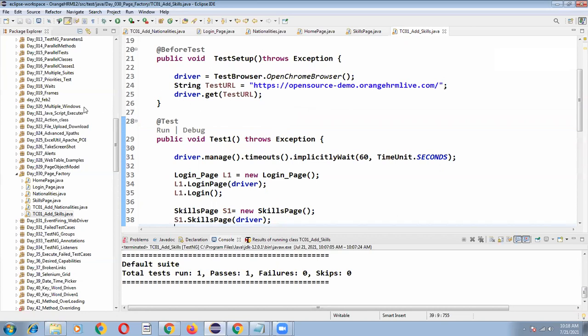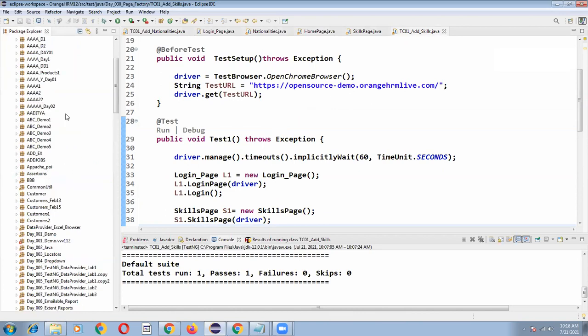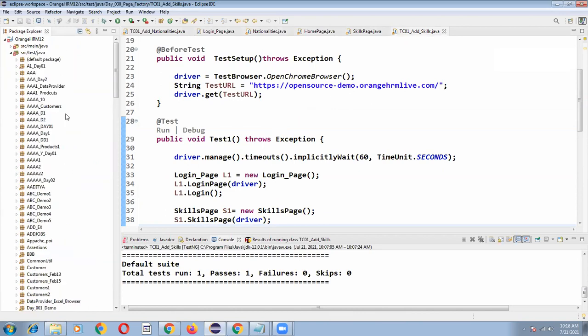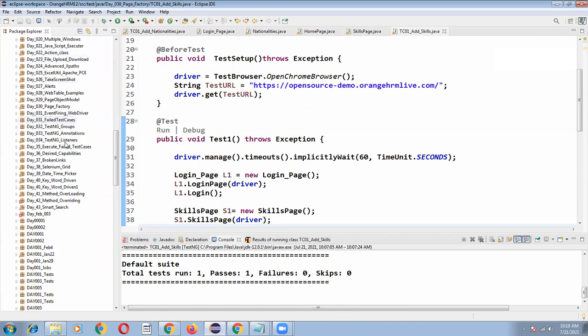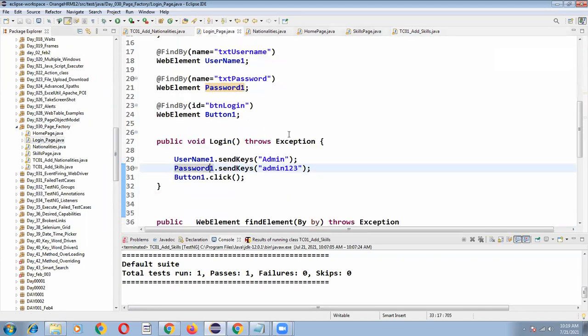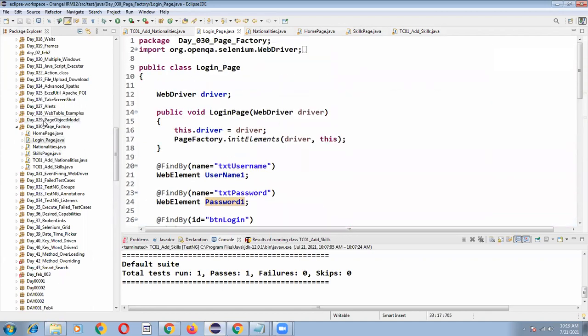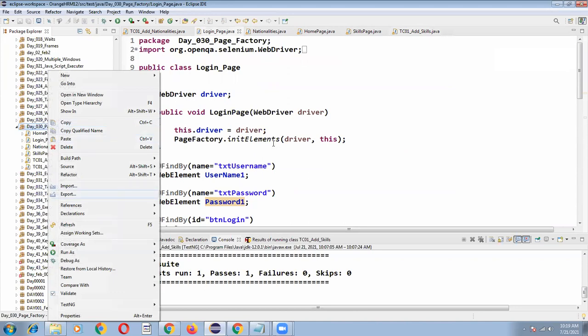Out of these 45 labs, if you ask me which labs are mandatory, everyone must practice lab number 29 and 30. These are the key topics in Selenium, because 80% of the companies follow this approach only. You have to write separate specific methods. Instead of writing all methods in a single Java class file, for every web page you can create a TestNG class and write the methods.